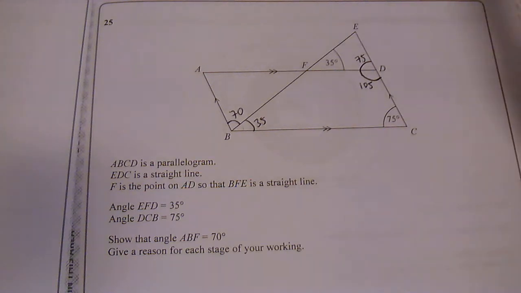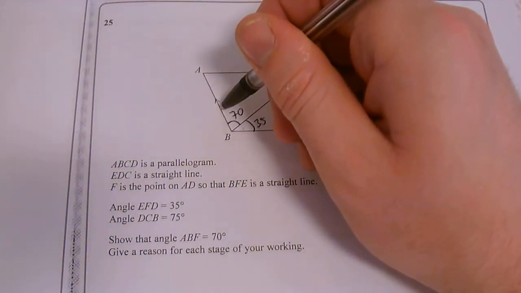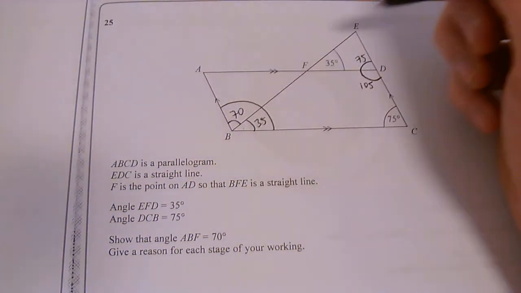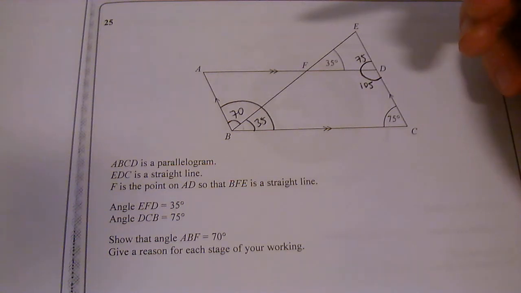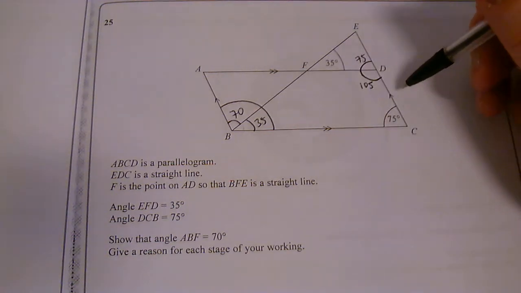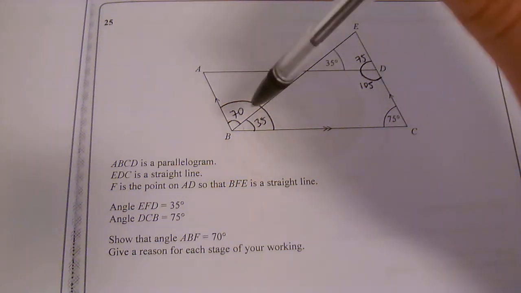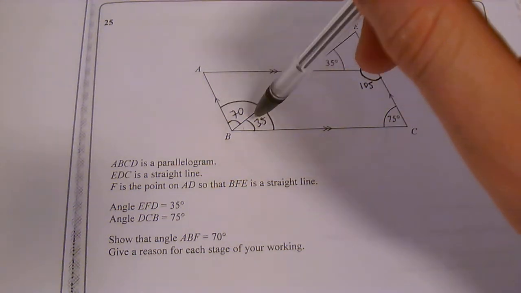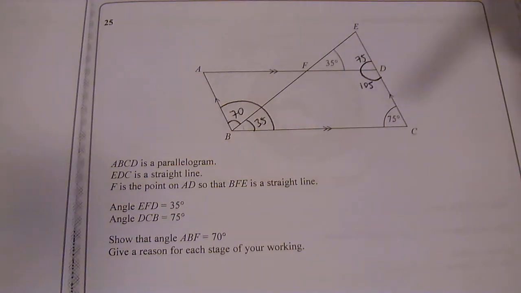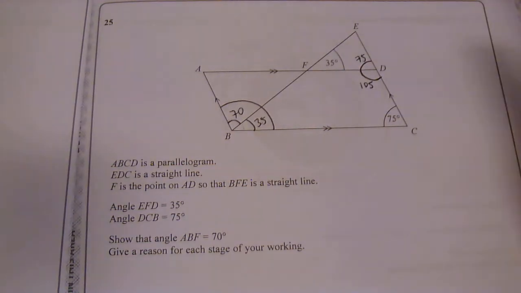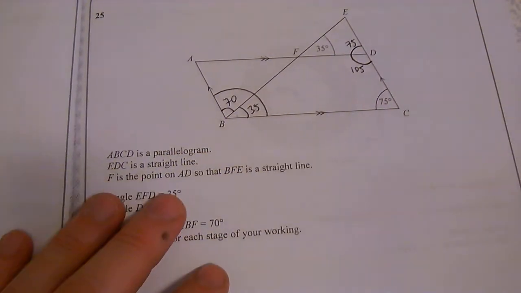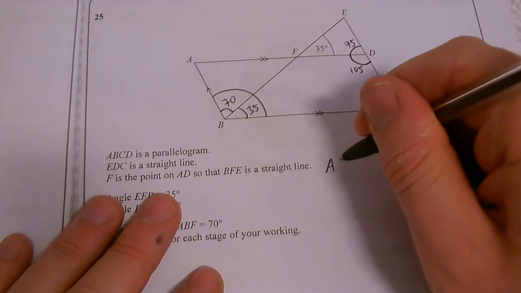There's so many different approaches that you can do, so it's just how you want to go about the question itself. I could even say that this whole angle here, ABC, and angle BCD are co-interior, so this 75 and the whole angle that you can see I've done here add up to 180 and go that way. So I've got a range of options. So I've decided what I'm going to do at last. So I'm going to say that angle ABC